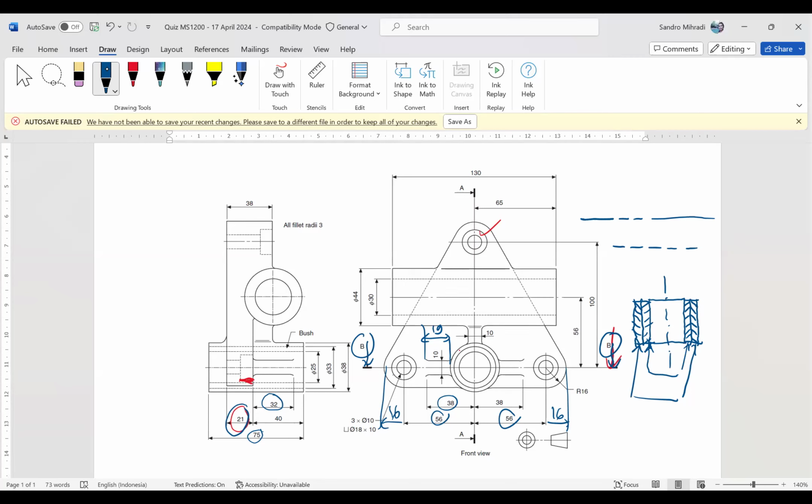Jadi total panjang gambar Anda itu 16 plus 56 plus 56 plus 16. Totalnya tuh. Makanya saya minta Anda gambarnya landscape. Ya, landscape.